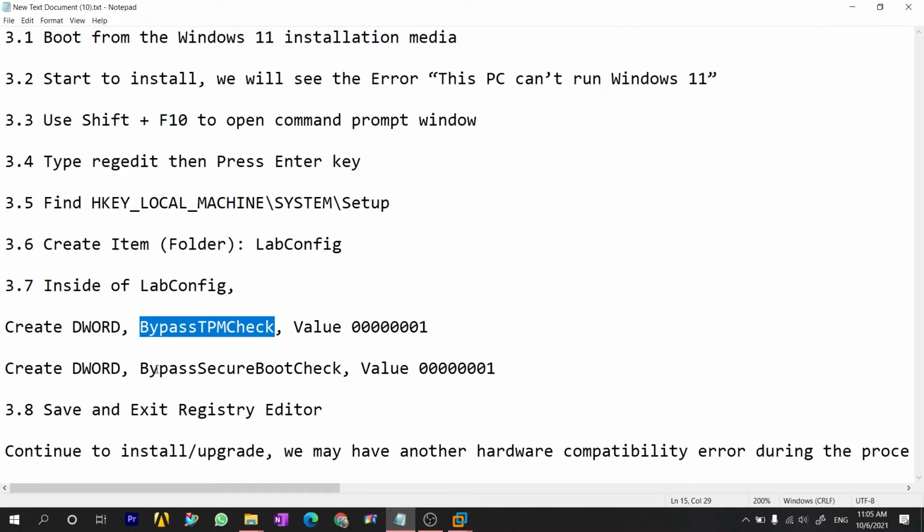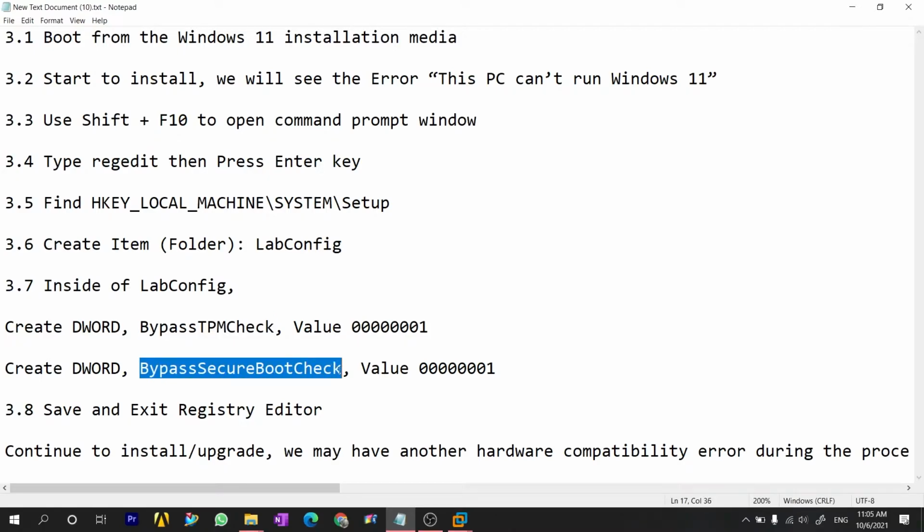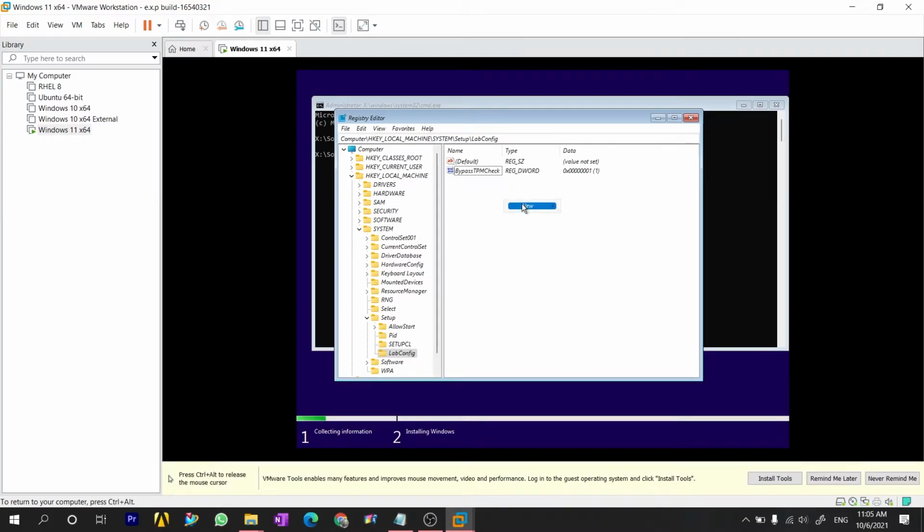Next we have to create another dword named bypass secure boot check, and we have to keep the value same, that is 1.